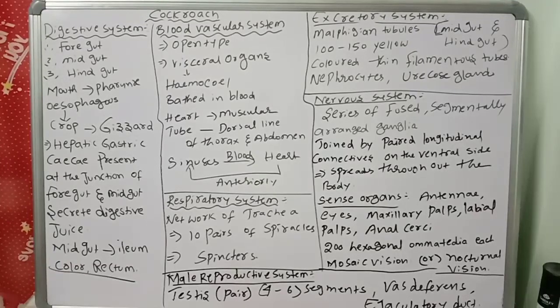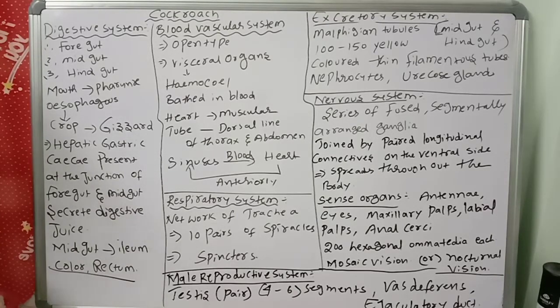Good morning, children. Today we are going to discuss the anatomy of the cockroach. There will be different types of systems in the cockroach body. You know very well, that is the digestive system, respiratory system, excretory system, circulation system, like that. Yesterday we discussed the morphology of the cockroach. We will recollect that information, then we will go for all the systems.